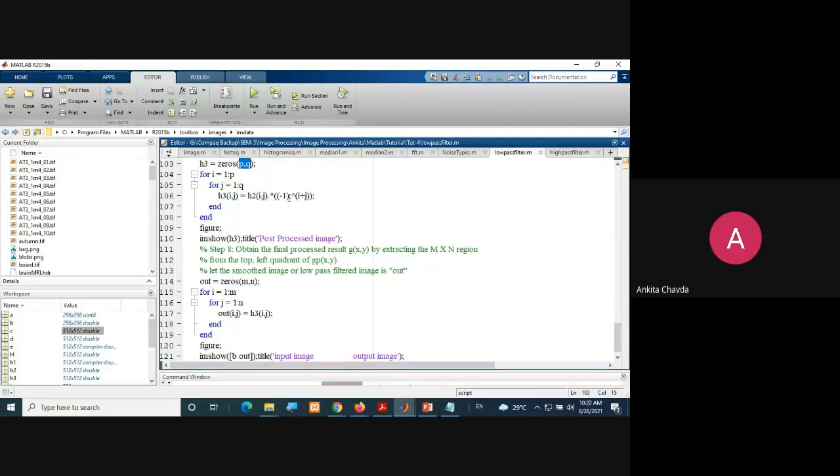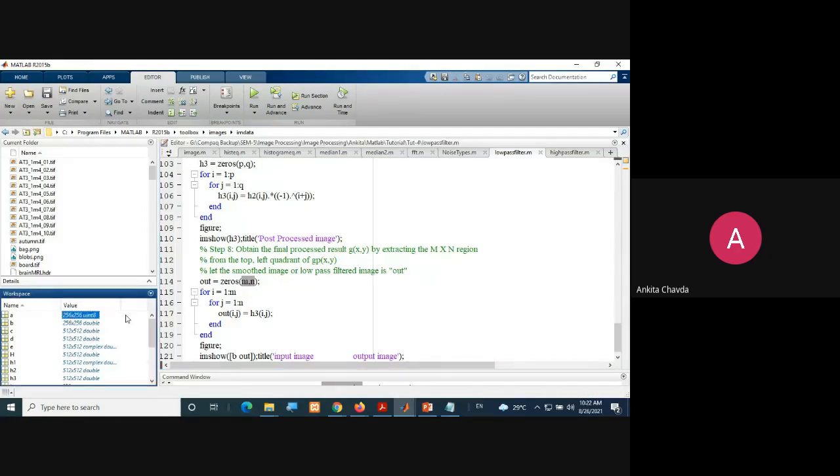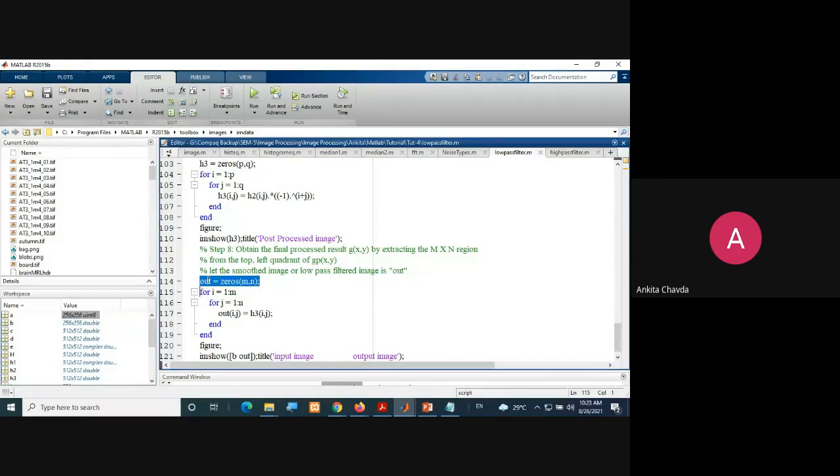But here I'm creating with the size MN because my original size is 256 cross 256. So out, your output image, equals all zeros of MN. Now you will apply for loop 1 to M, 1 to N, and out of ij equals H3 of ij.